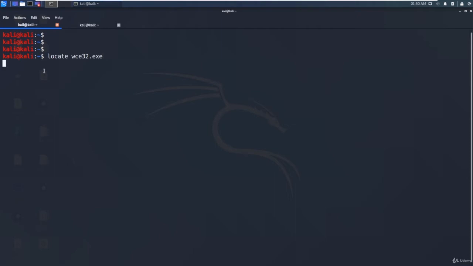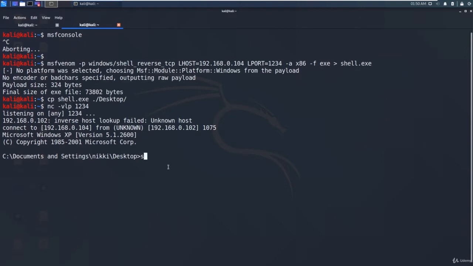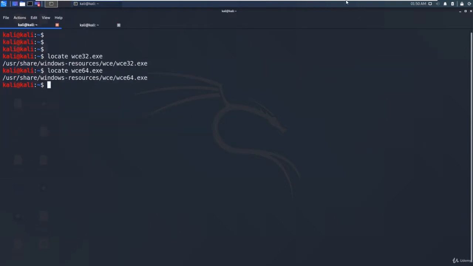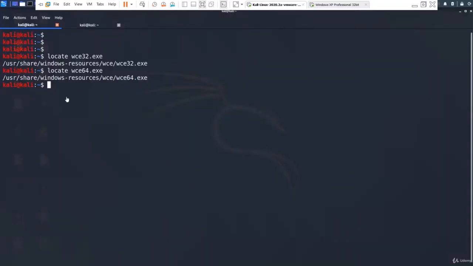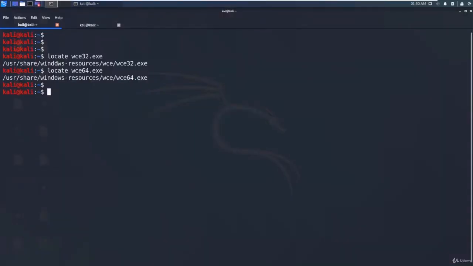.exe. This will dump the Windows credentials, and there is also a 64-bit version of WCE. So you can execute either one of these. You can just gather the info of this victim machine. We know that it is 32-bit. If you don't know the architecture, you can just execute the 32-bit, it will work fine. So now let me copy this. Now I have copied it into my desktop.